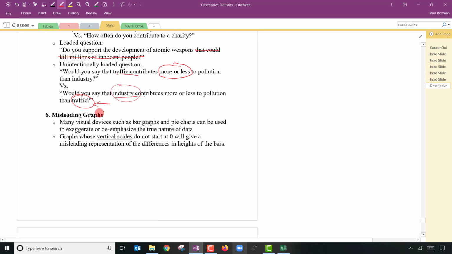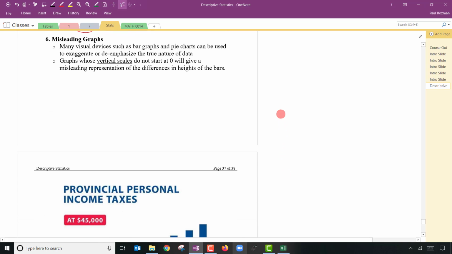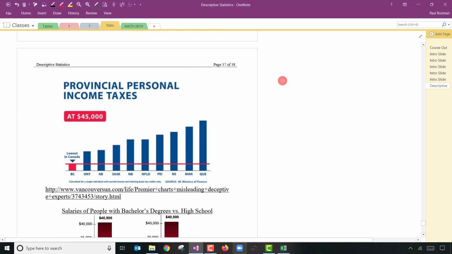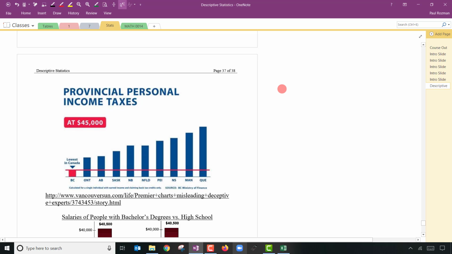Bad graphs, these are my favorites. Every time I see any graph anywhere, I try to tear it apart. Here are some examples. The premier of our province was giving a speech a few years back now, and it was near an election time. And during the speech, if you watched it on TV or YouTube or whatever, this graph popped up beside